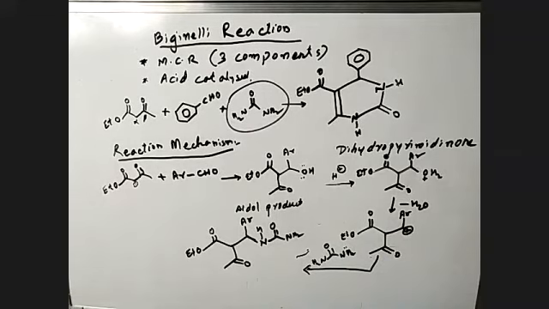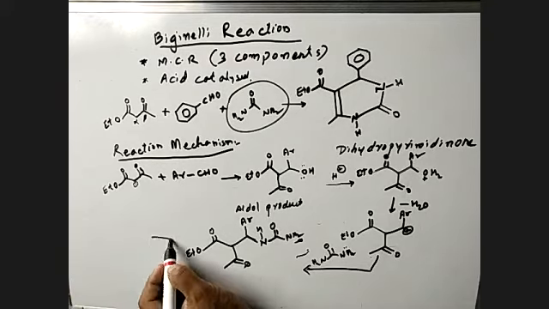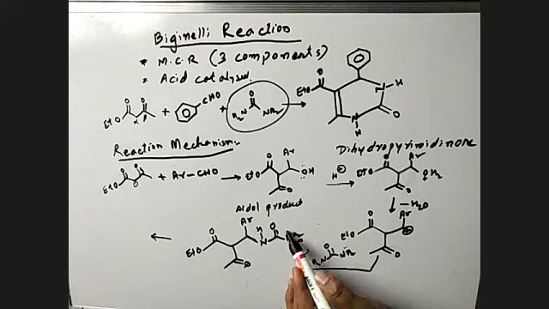Then what is that? The last step is what? This H2 and this oxygen, we know, again there is a loss of water. Okay. This H2 and O is loss of water. And rearrangement will give you, and again H plus will attack, and the final product I can write. See here. This lone pair attacks here, then water loss will take place. And the final product is what? I will add the final product here.